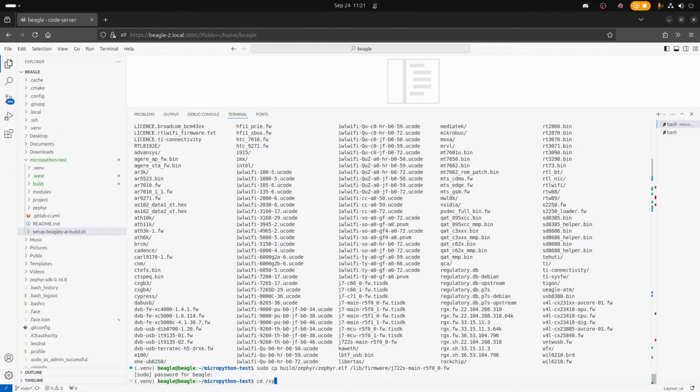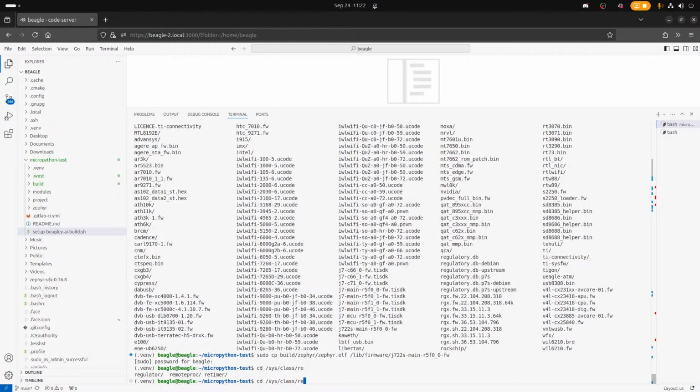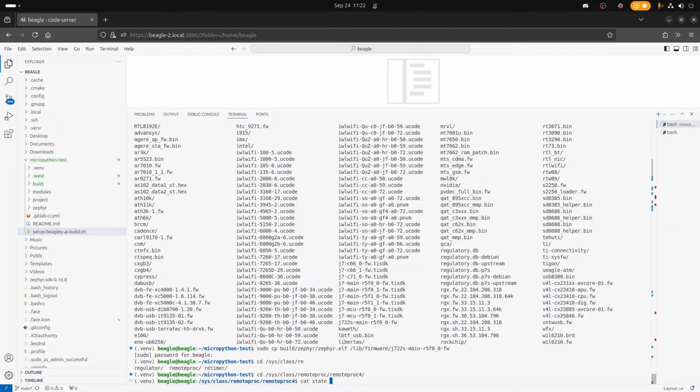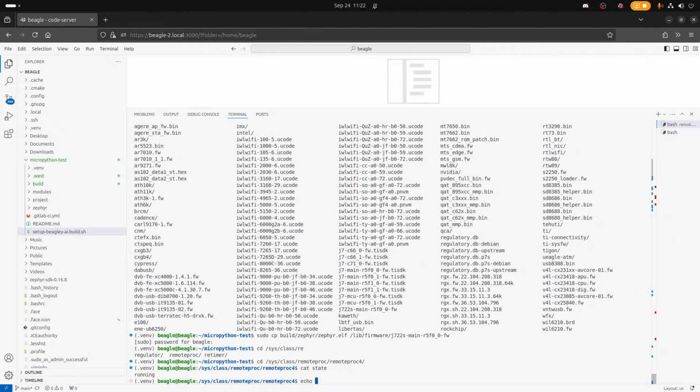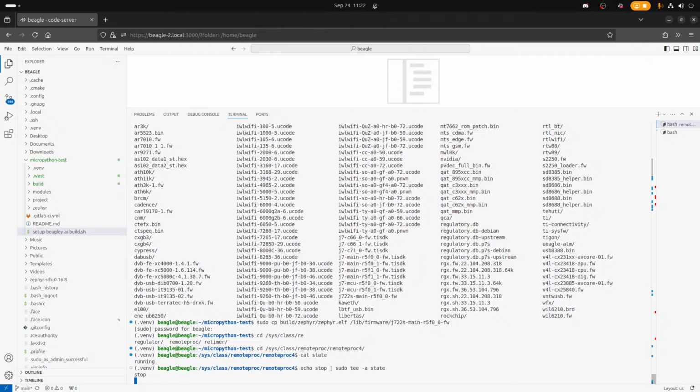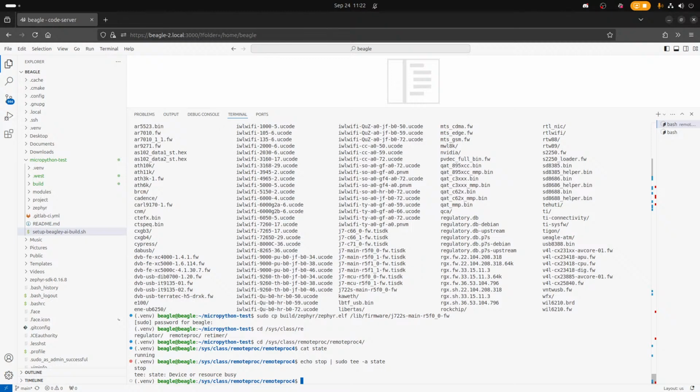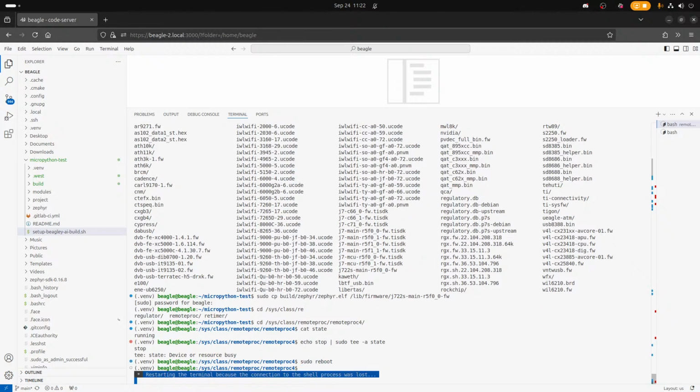Copied. Now I don't know why I can't... sys class remoteproc, echo stop, sudo tee state. Yeah, I don't know why. Anyway, rebooting. I want to see this running.